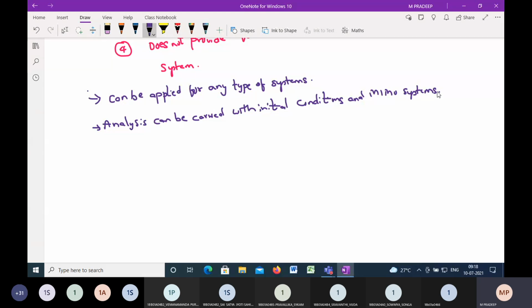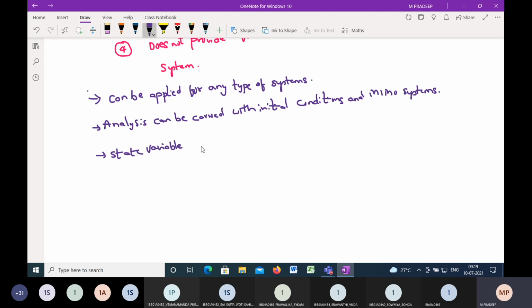There we are choosing some state variables. For this analysis of the control system using the state variable approach, we are going to define some variables. The variables which we define with respect to the state are called state variables. Okay. So what are the different types of state variables which we are going to consider for these particular systems?